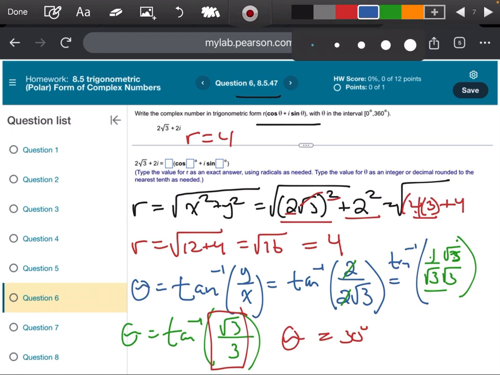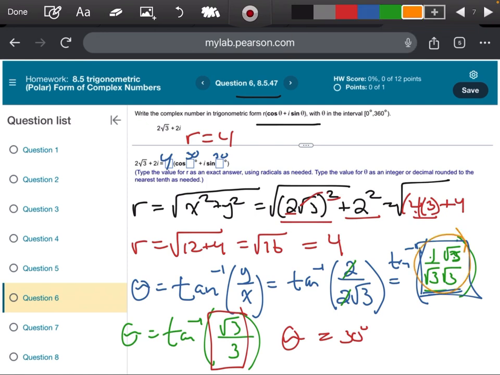So again, the way I would write my final answer would be r, which we said was a 4, and then those angles, y'all, would just be 30s, right? But again, I had to do this part right here, where I had to rationalize my denominator, okay? So y'all, make sure that you do this portion again, where you got to rationalize, and it'll definitely come out, okay? You got questions? Let me